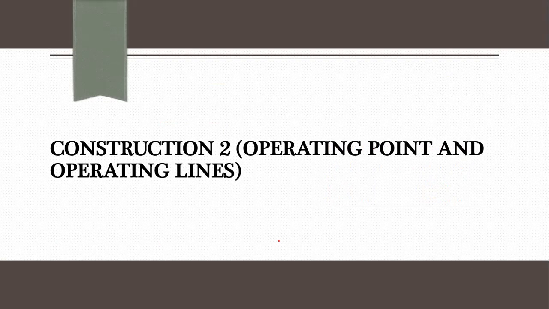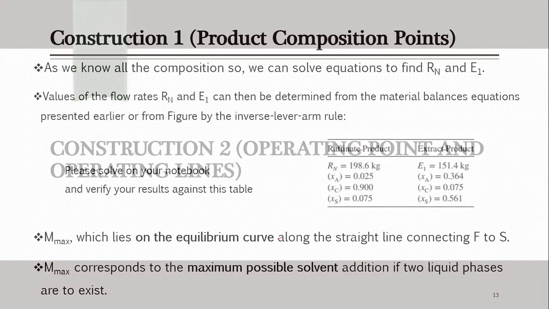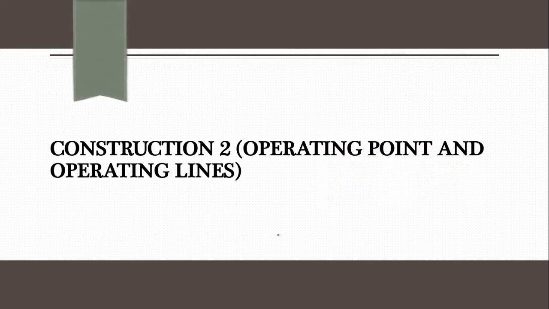So up to here I have explained only the first step, meaning how to construct, or find, the product composition. In a multi-stage system, you have to look for the product composition, meaning the exact raffinate composition of all components. Maybe one component is given, but you have to locate the other components, as well as the extract. In this system this is what you are supposed to do. So the next step is about the operating point or operating line.